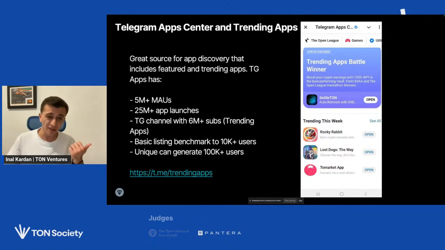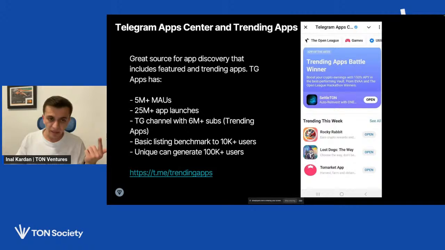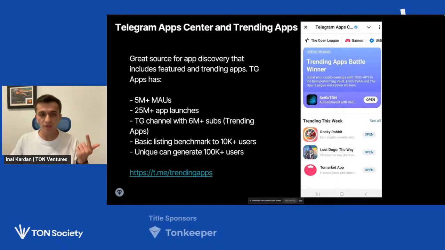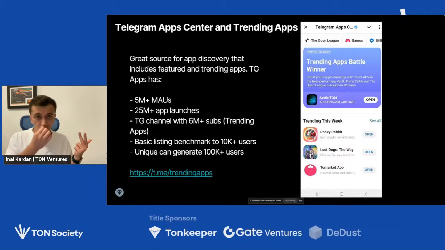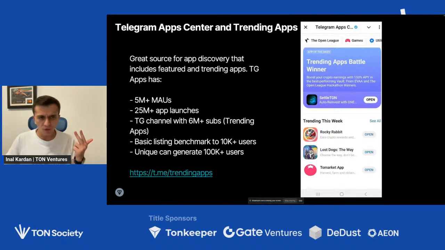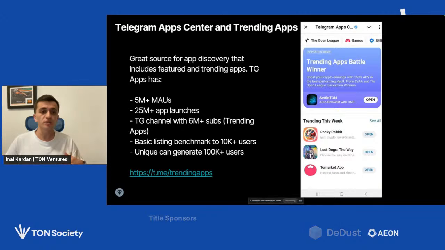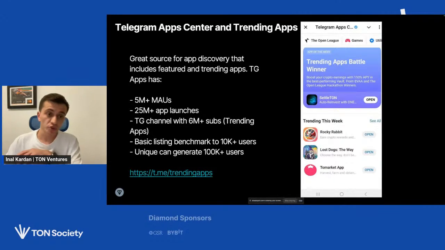And what is Telegram App Center in numbers right now? About 5 million monthly active users, 25 million app launches per month. Also, they have a Telegram channel called Trending Apps with, I believe, already more than 7 million subscribers. And they can generate you up to 100,000 users that will join your bot, will try the app, and will join your channel as well.